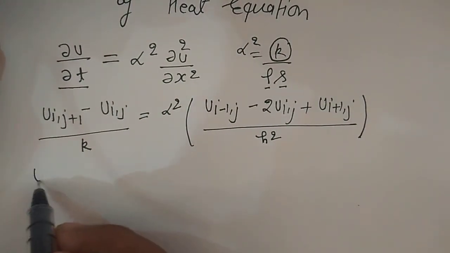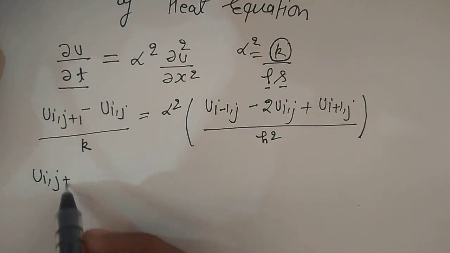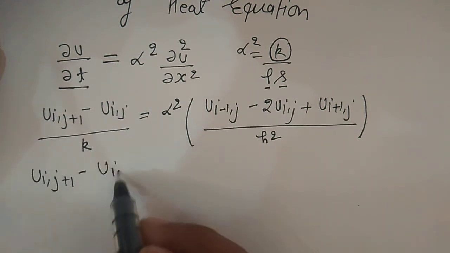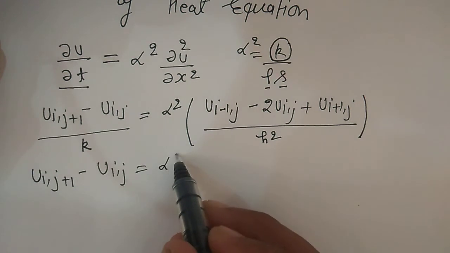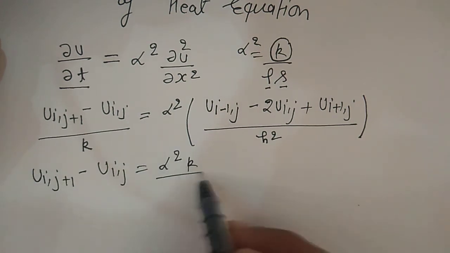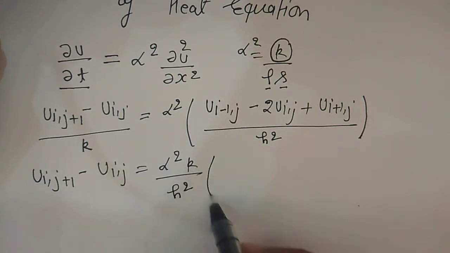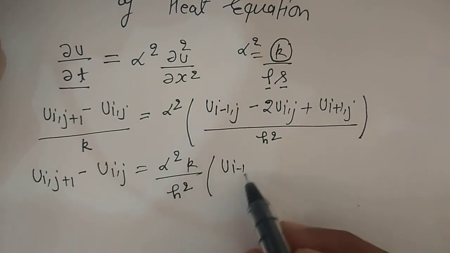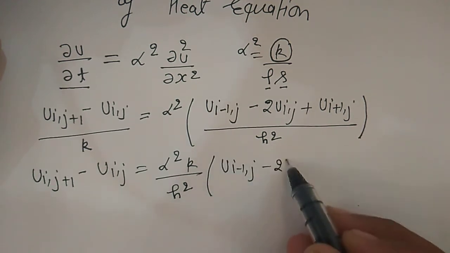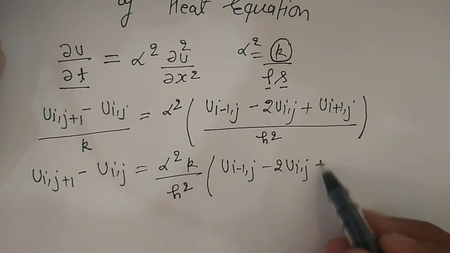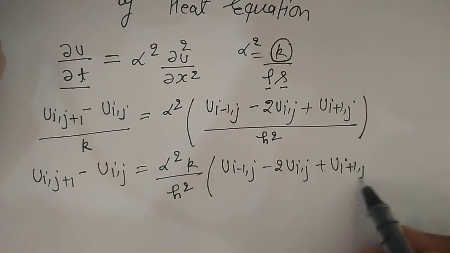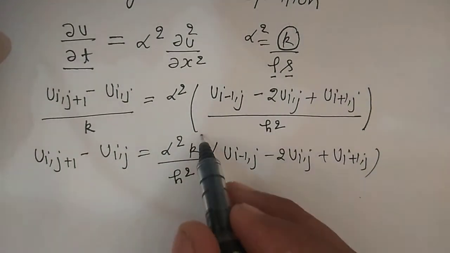So we can have u i comma j plus 1 minus u i j equal to alpha square k by h square and u i minus 1 comma j minus 2 u i comma j plus u i plus 1 comma j. Let this be lambda,